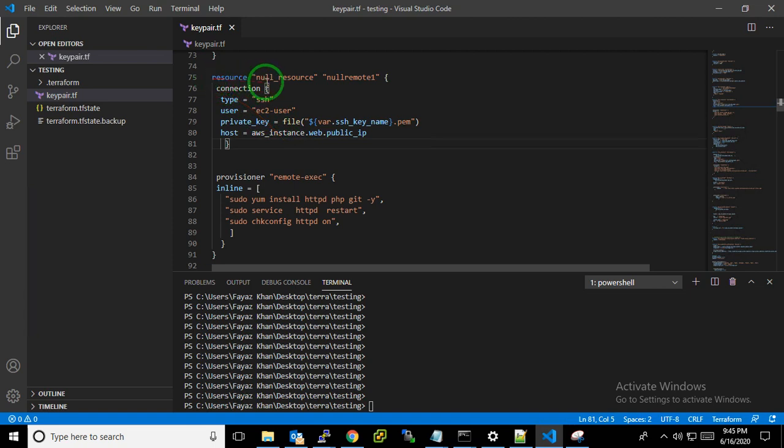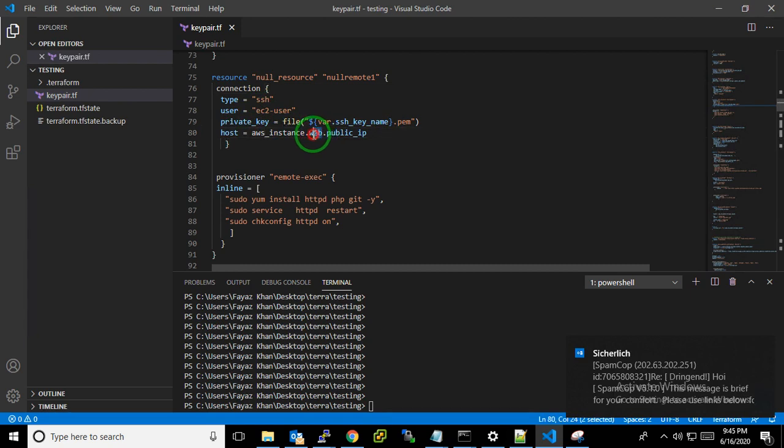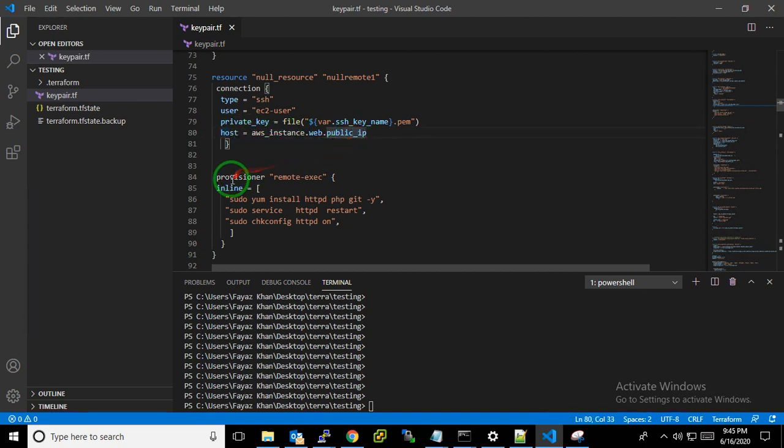The null resource is a resource to write things. In the connection, the SSH username is ec2-user, as you know about AWS, the default user is ec2-user. Then the key file attached, then the host, which automatically comes up here: aws_instance, my instance name is web, and the public IP. Then the provisioner, remote-exec, with inline multiple commands that I run over my EC2 instance.